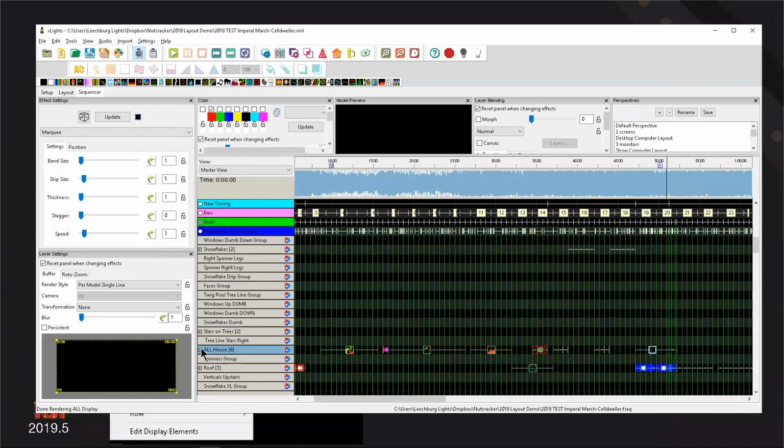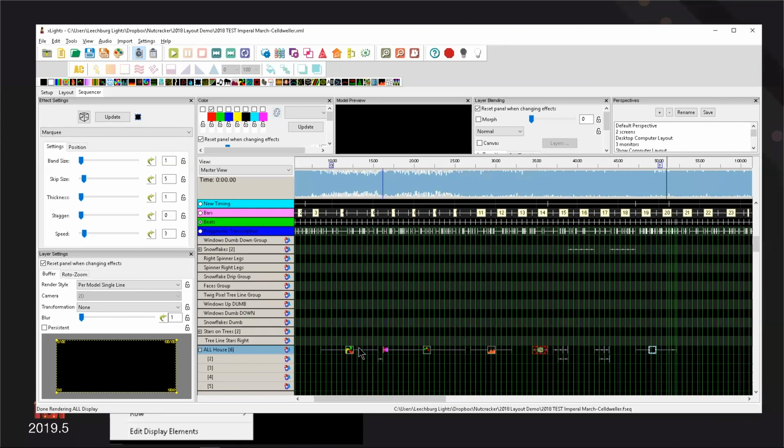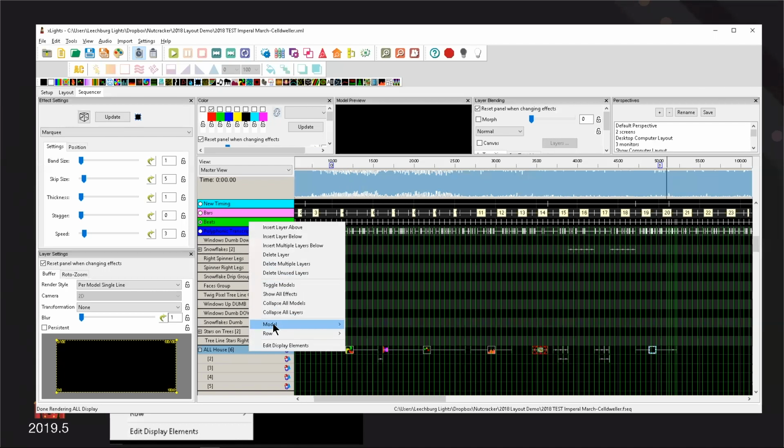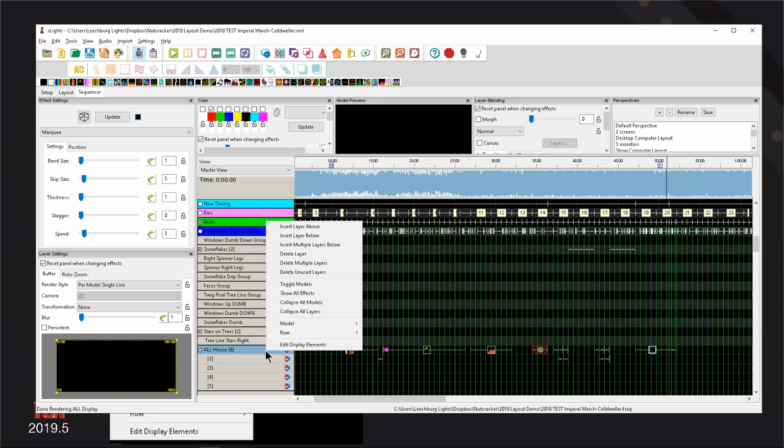We can expand, like here. We can right click and we can go to model and we can select all effects. Now everything's selected. Now if I hold the shift key down and I think, is it shift key? No, that's not it. Model. Let's do select effects. If we just hit the arrow key, nope. I know there's a way to do this. Right click. See,